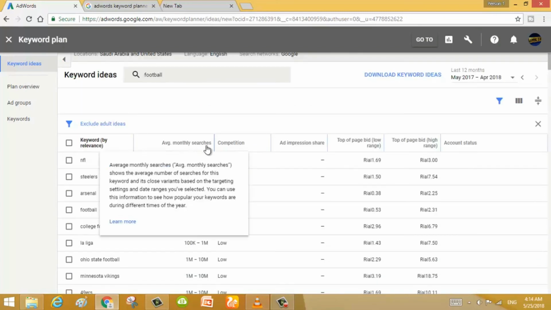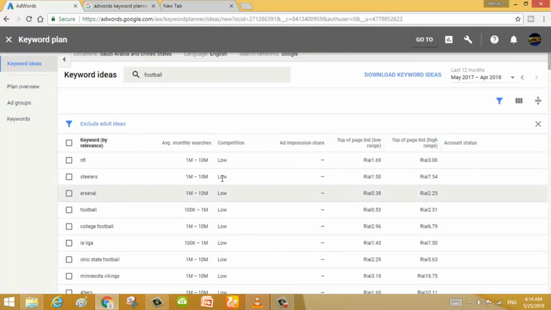Remember one thing: pick the keywords which are in good standing. In the AdWords Keyword Planner, all kinds of information are available about keywords, standings, keyword currency, and how many views the keyword got in 1 month, 1 year,